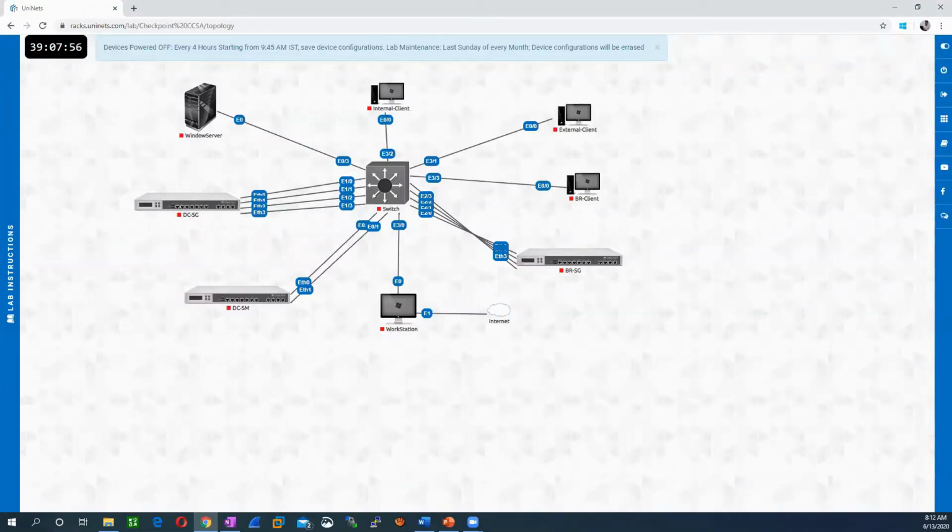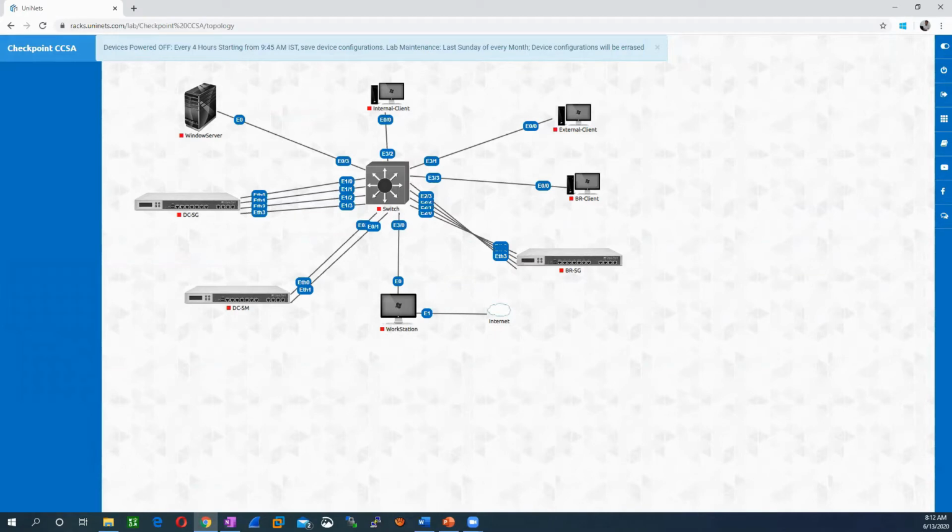Okay, so basically this is the lab. In this lab, let me explain the devices. What are the devices we have? So if you see this particular device,